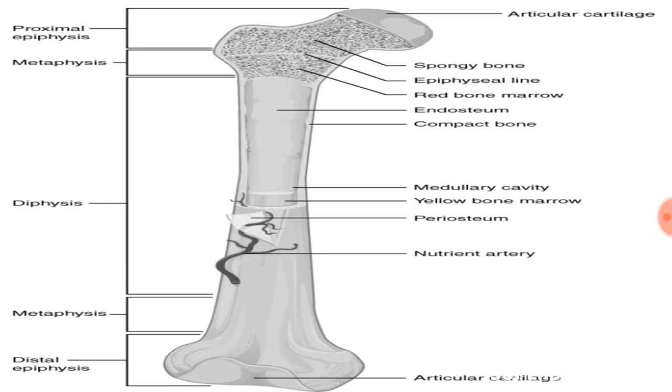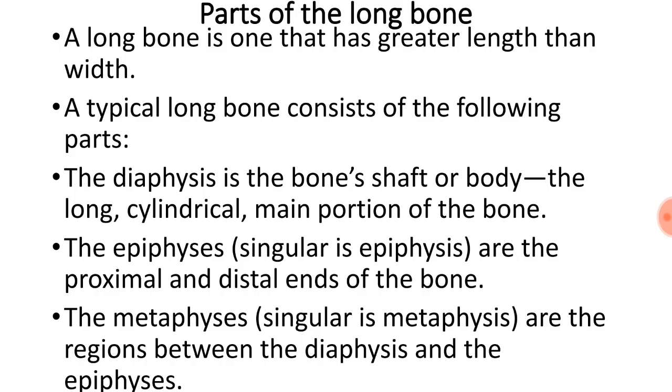This is an example of a long bone, mifupa ambayo inapatikana kwenye miguu pamoja na mikono, mifupa ambayo inatengeneza limbs, mifupa ambayo inatengeneza mikono like femur, like humerus, like tibia, ulna. These are long bones. Na mifupa ambayo ni long bones actually ina hizi sehemu zote. Parts of the long bone. A long bone is the one that has a greater length than width. Tushadiscuss mfupa ambao tayari una